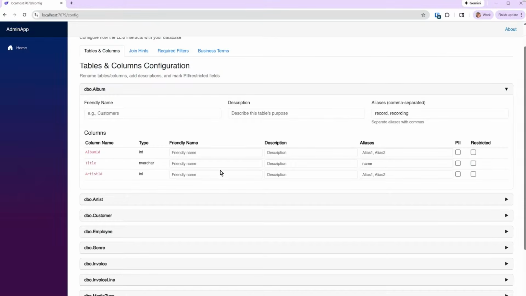Then we have the same thing here, aliases for columns like title, could be name. Carl, there's things in here that we know we have to evolve into. Looking at this, we know we're going to have to do things with security. Are folks allowed to read these tables? Are folks allowed to see these fields? And that's a little bit of what the restricted column is allowing us to do, is say folks aren't allowed to read these columns.